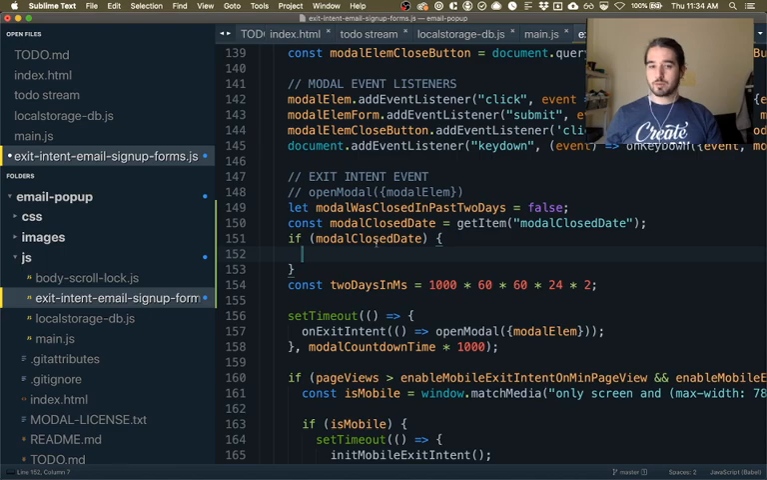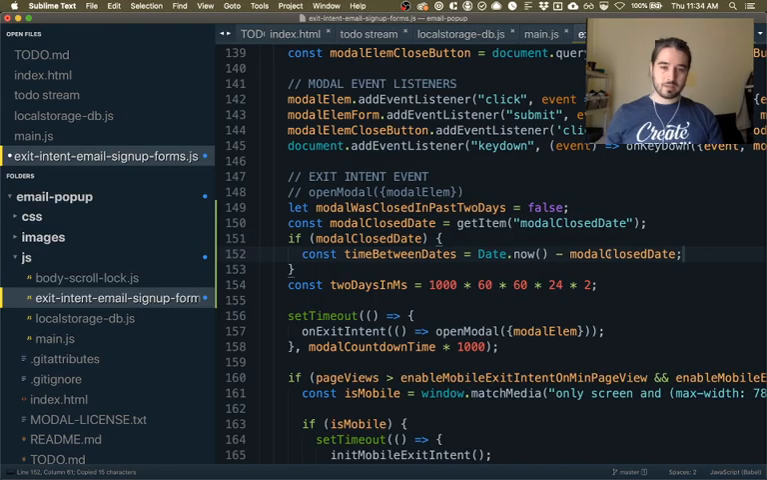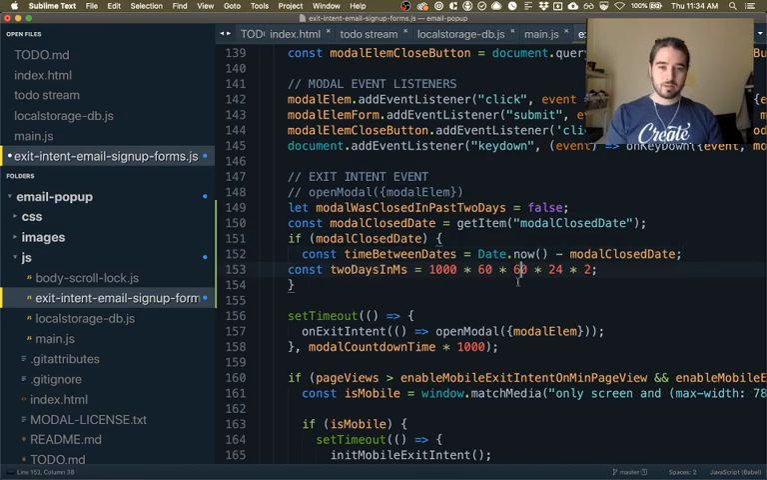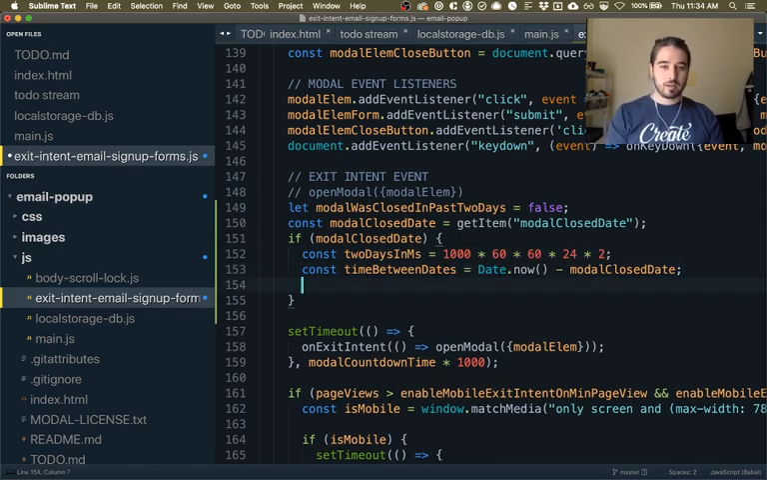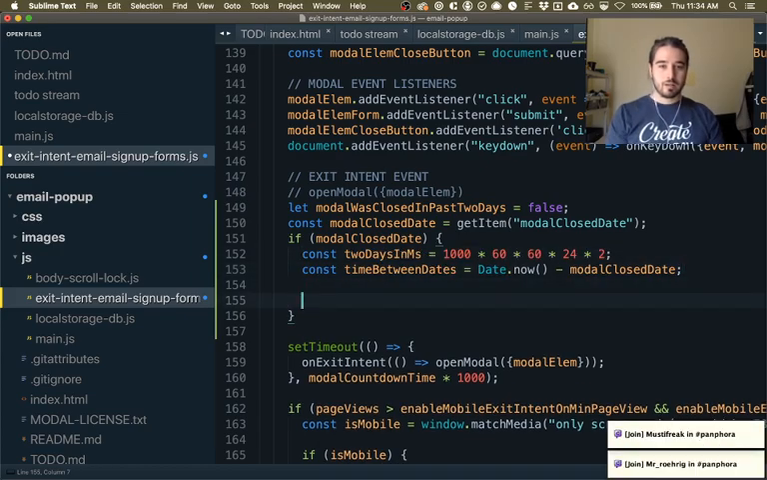So we're going to say modal close date, and then we'll say time between dates. That's fine. And then we'll do Date.now minus modal close date. So that's going to give us the time between dates, and now we just want to know if the time,